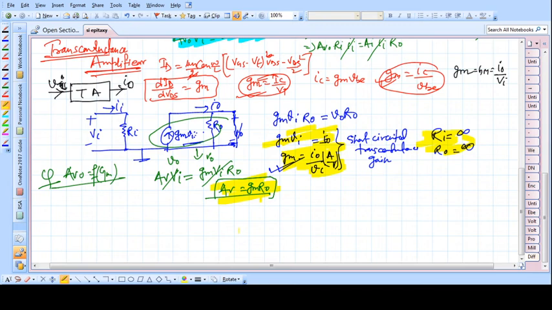Okay, so this one is the transconductance amplifier. Very simple, you have to practice it, and for more detail you can go for the microelectronics book, Sedra Smith. Okay, so now the last one. This one is already covered. Now the next one is our